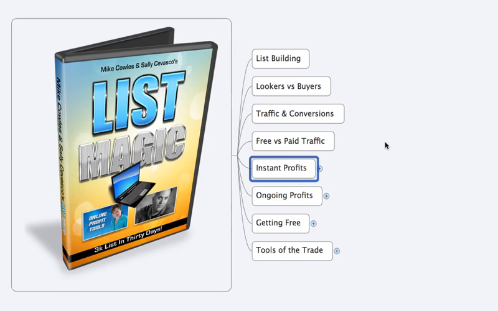Getting paid to make money is to go to your list and say, hey, in 60 days, I'm going to be coming out with a product, or a course, or a workshop on AdWords. We're going to be covering how to set it up, how to split test it, how to make sure you're making money, how to stay in Google's good graces, whatever it is, right? And you can pre-order it right now for only $47 instead of $197. That's 75% off. And because you're pre-ordering it, that's why you're getting the special deal.